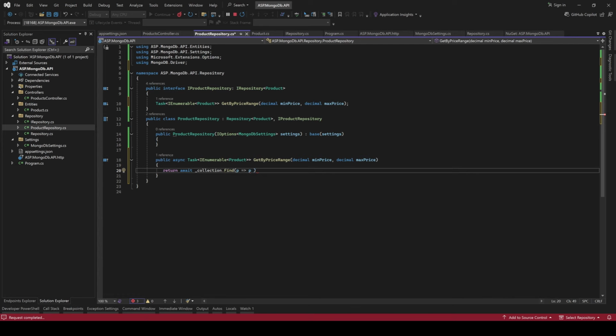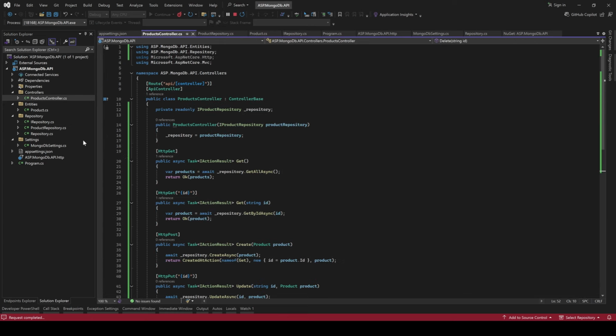Going to supply a predicate there, and it's going to be price is more or equal than min price, and p dot price is lower than max price, to list async. So this implementation is very specific to the products, and we can use this get price range